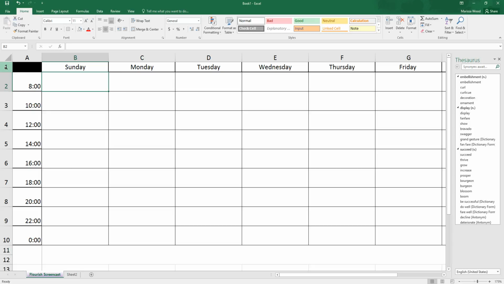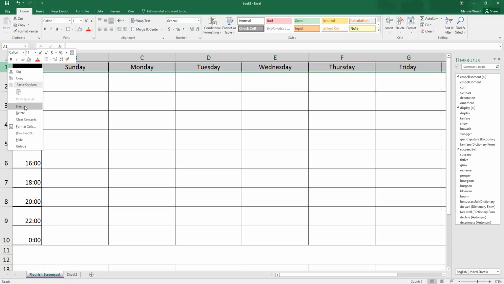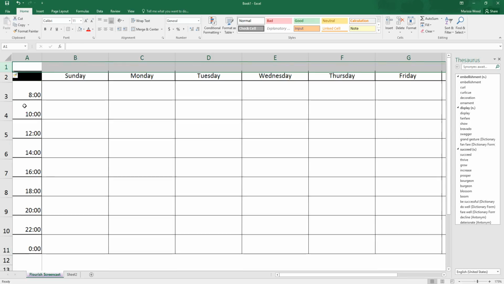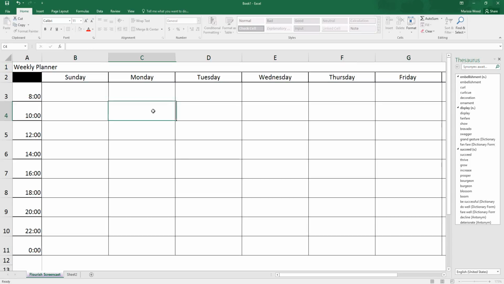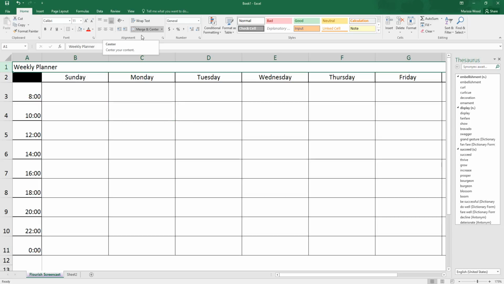So let's add a row here, and we'll insert a row, and we'll merge all those cells. Okay, and we're going to make our title for our weekly planner. So weekly planner. Okay, well I don't like those words way over here, so back over here in the alignment